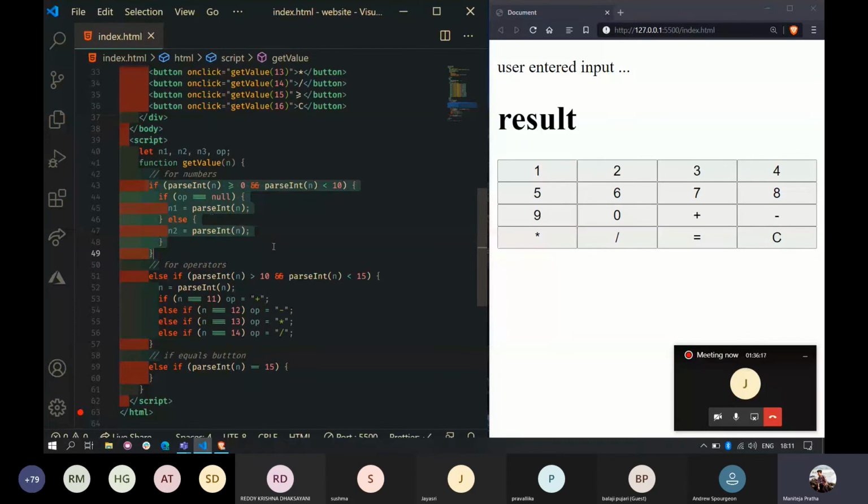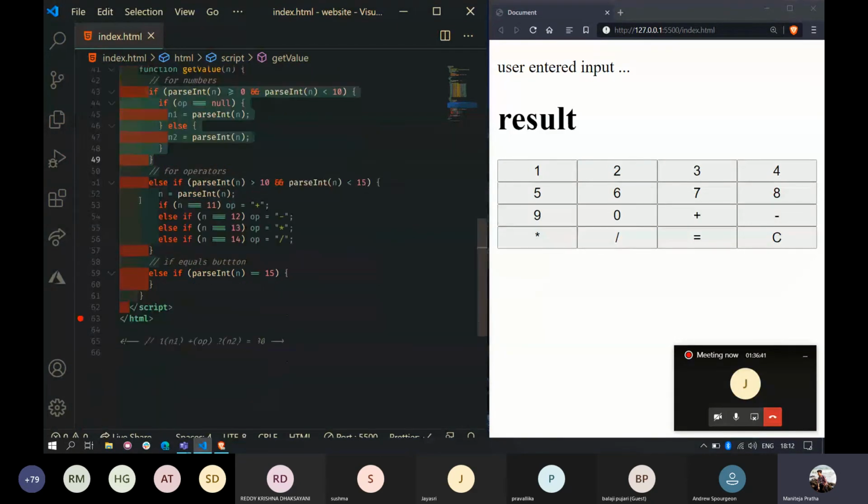I'm explaining this in Telugu one more time. This if part is for storing the values the user entered. If the user enters anything from the 0 button to 9 button, I mean the digit numerical buttons, this if block will be triggered. Else, if the user presses plus, minus, star or division, the else if condition will be triggered. Okay, and finally, let's say the user clicked plus. So observe this carefully.